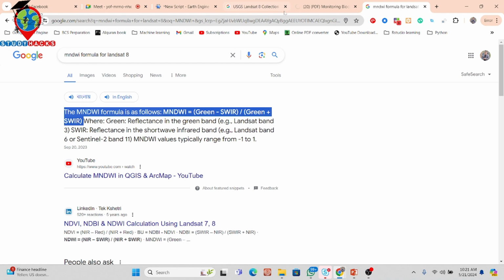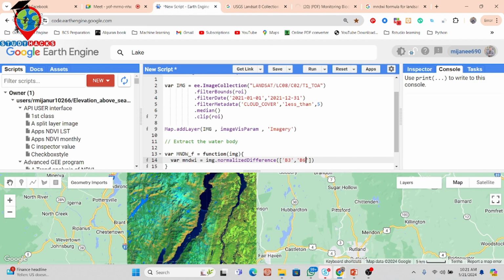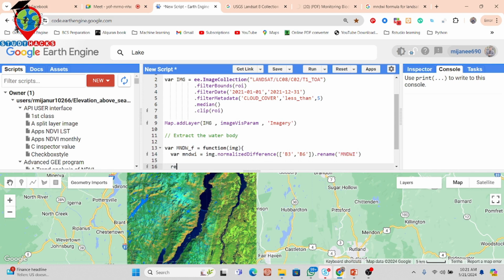Okay, so this time I simply put this equation, and when I put the normalized difference function, it automatically calculates B3 minus B6 divided by B3 plus B6. After that I put the rename function, and I put the new name, MNDWI. Further, I want to return from here, so just put here return this image